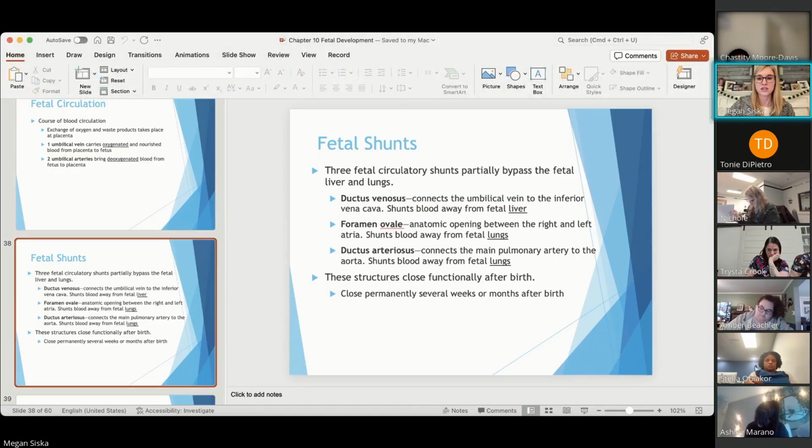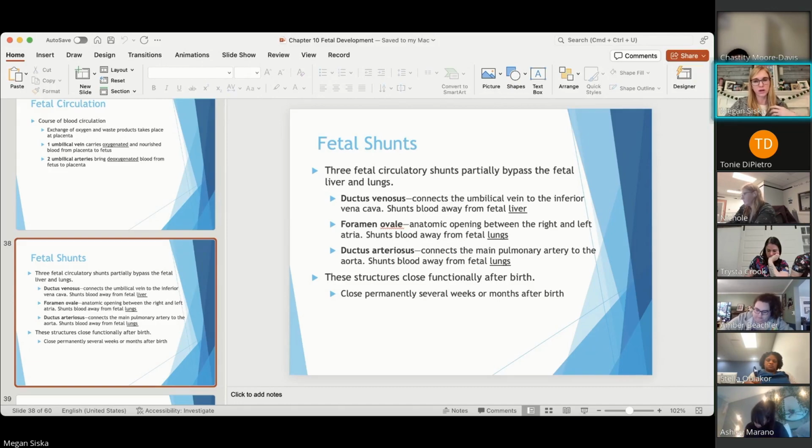So that's the ductus venosus. The next shunt is the foramen ovale. And this is a little opening between the right and the left atria in the baby's heart. So that oxygenated blood comes into the right atria, and then it does go down to the right ventricle, but